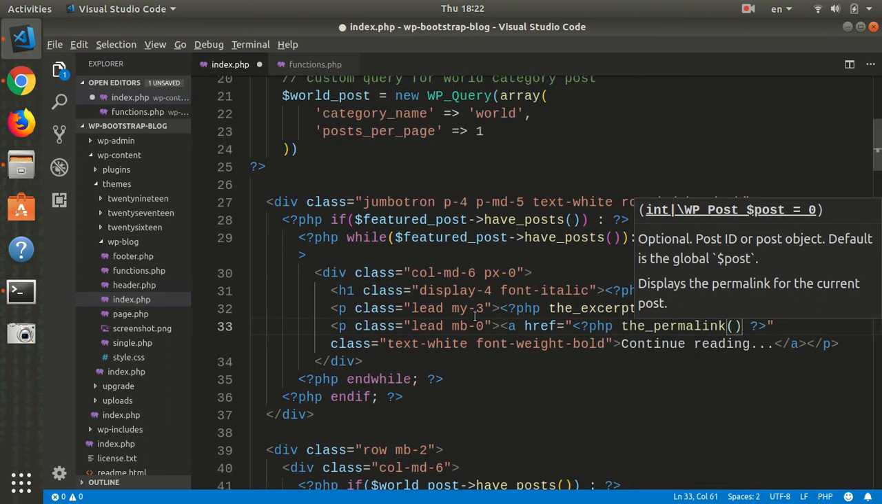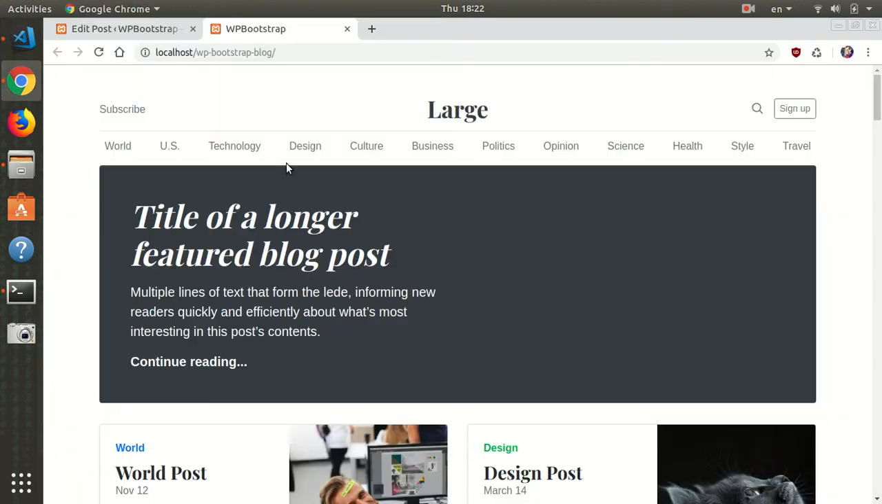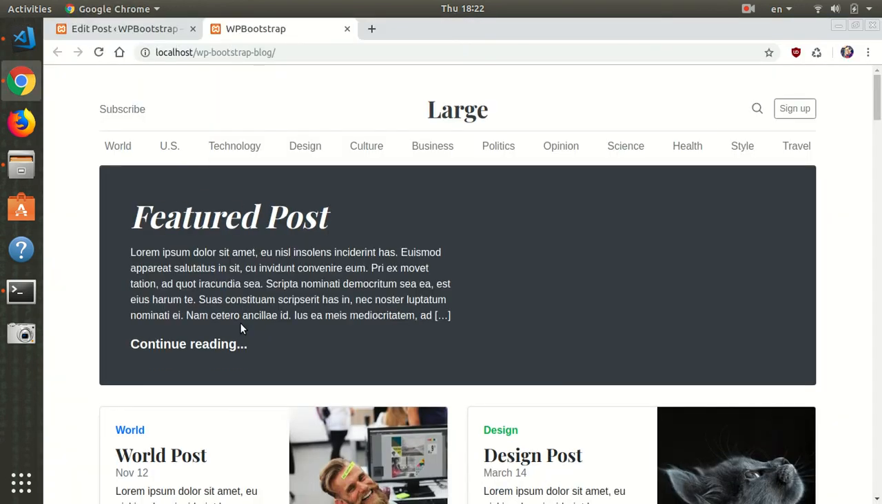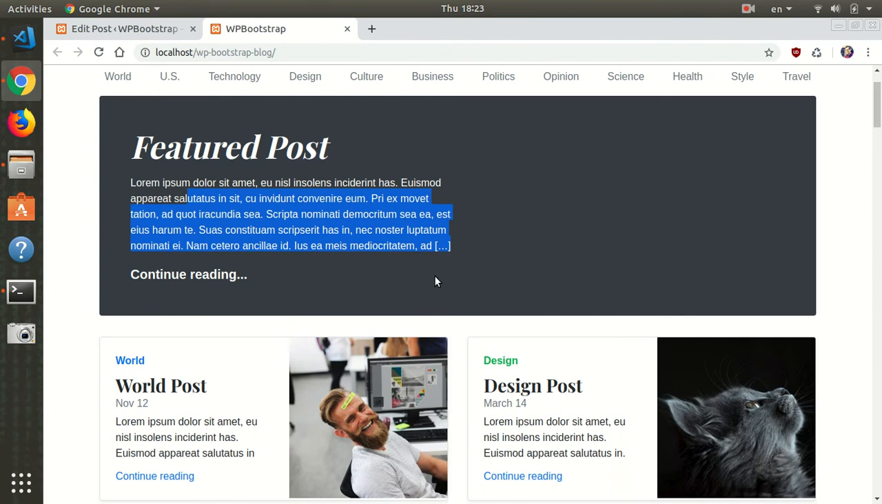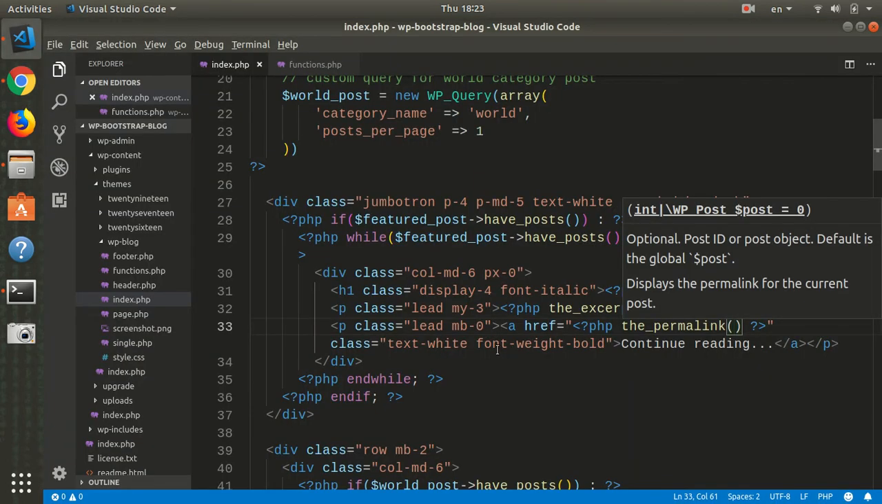Okay, let's save that. Let's reload. Okay, now we have the title, the excerpt, and also the link. What I want to do is to add a featured image of that post on the right of the content. So basically, I will